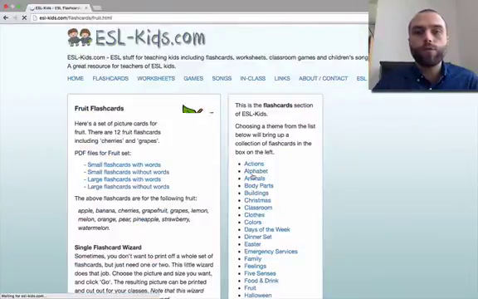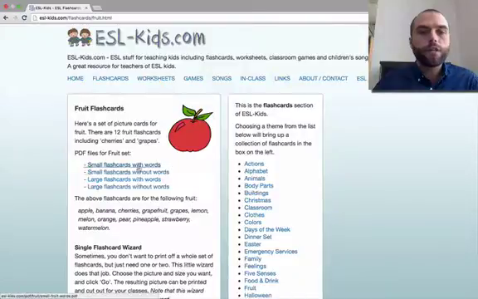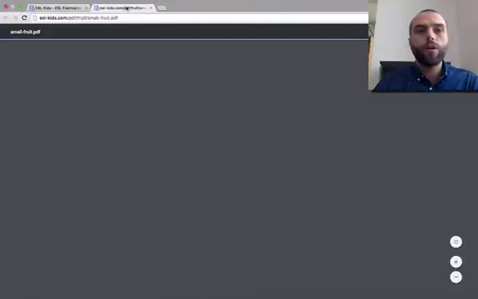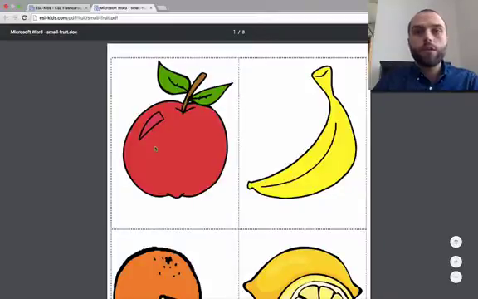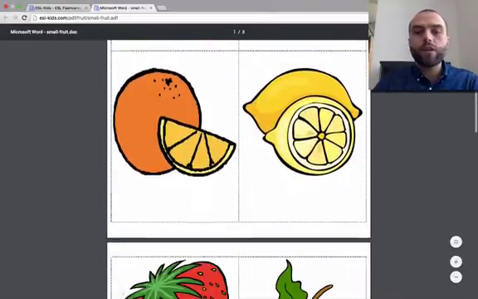So let's try fruit. Okay, so if you click on one of the topics, here you can see there are some PDF sets of flashcards. Okay, so you can see here are the words that are included. So you've got flashcards with words or without words, small or large. Okay, so let's have a look at a set. Okay, I'm just going to open in a new window there, wait for it to load. So you can see here, ready to print, nice big colourful pictures,